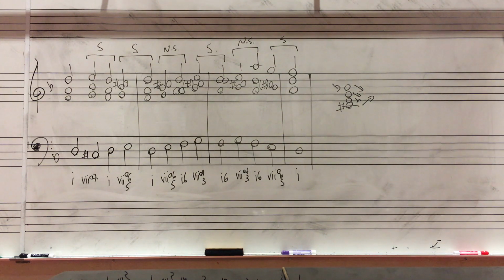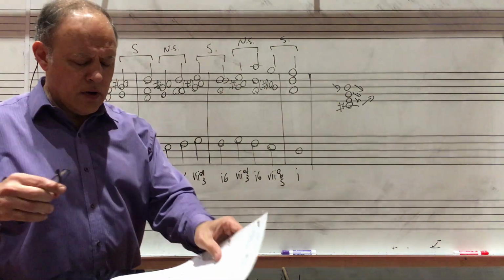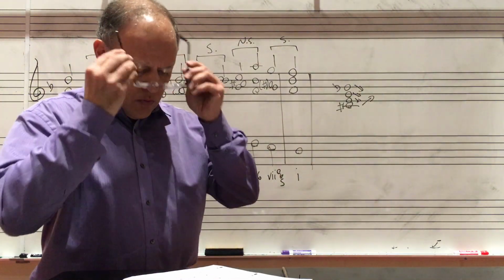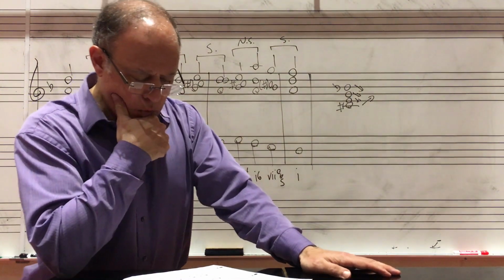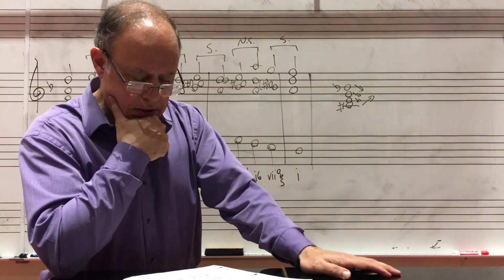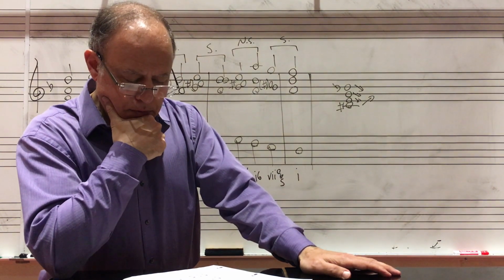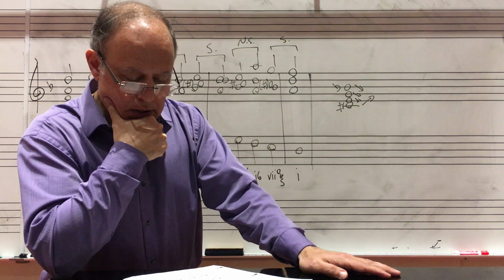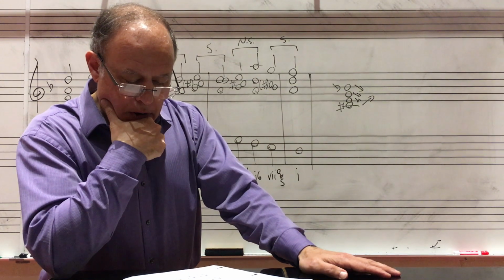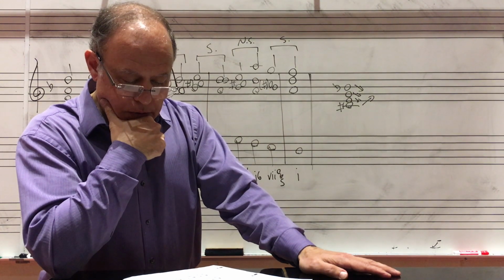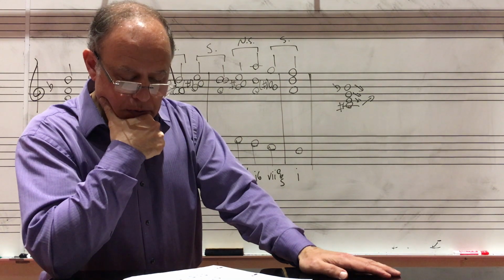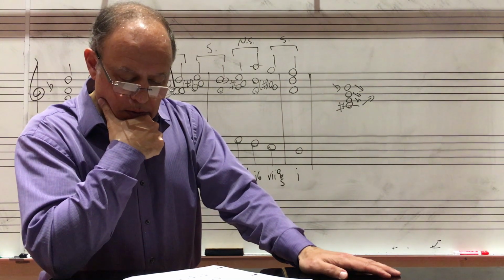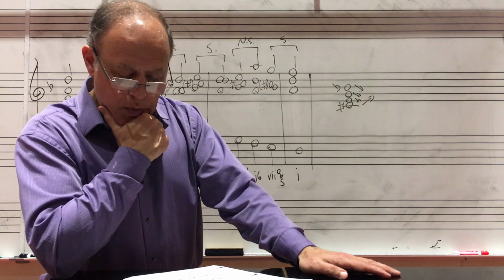Now, if you were listening carefully, what you should have heard was a root position diminished seventh on C sharp, a first inversion diminished seventh on A sharp, the root is A sharp, a second inversion diminished seventh with the root of G, a third inversion diminished seventh with the root of E,